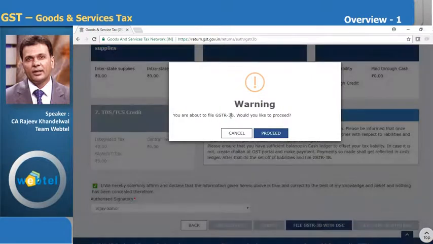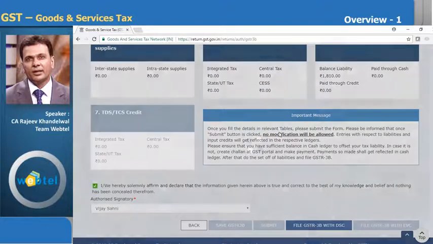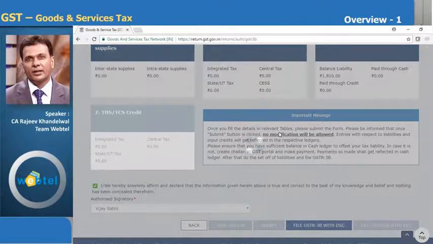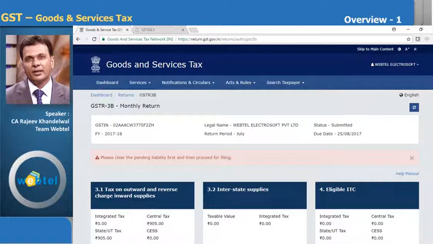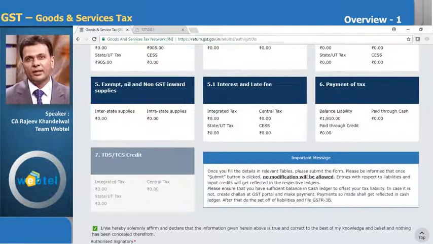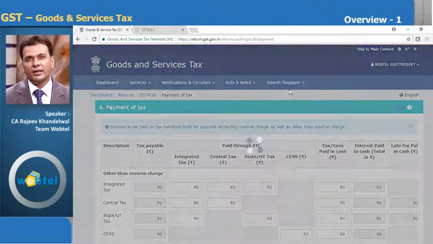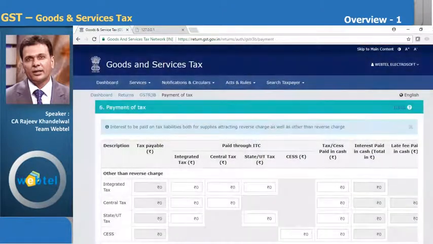Now it says again you are about to file GSTR-3B. Would you like to proceed? I say yes, and then let us see what happens. It is trying to save this thing. Now again it has given me some error. Okay, yes, what have we not done? Let us see. Something else is pending from our side. Payment of tax. Let me go one step back,